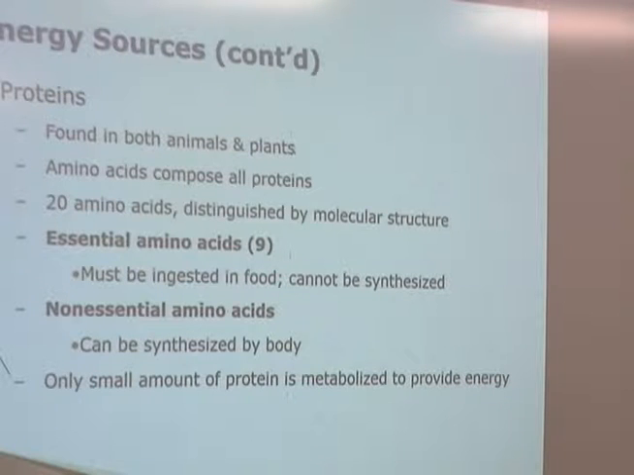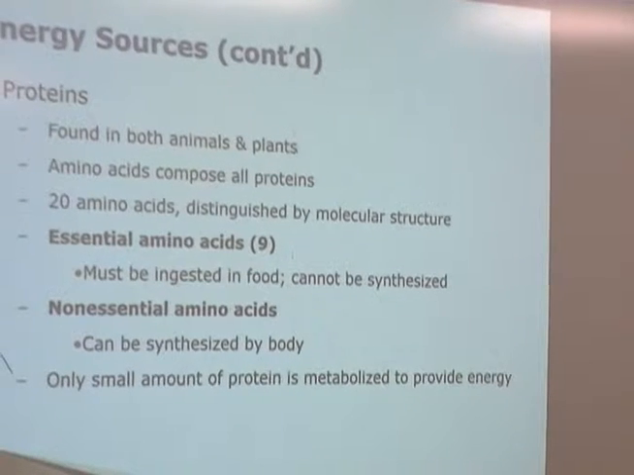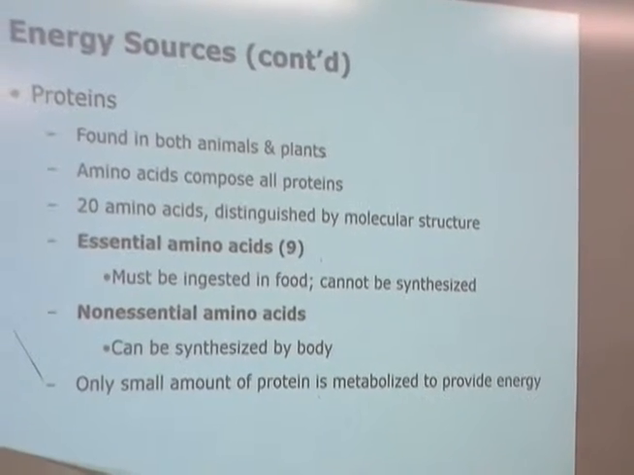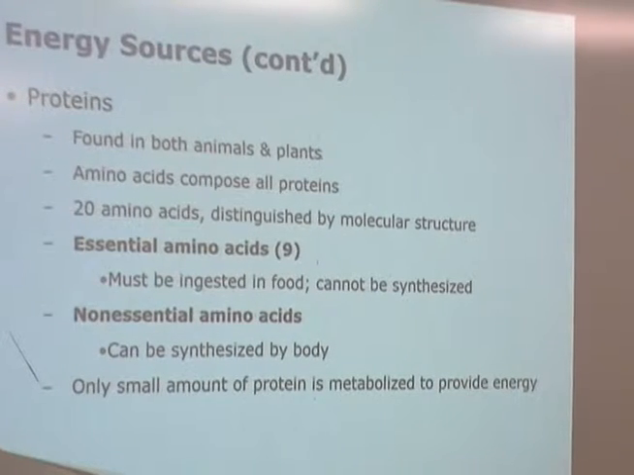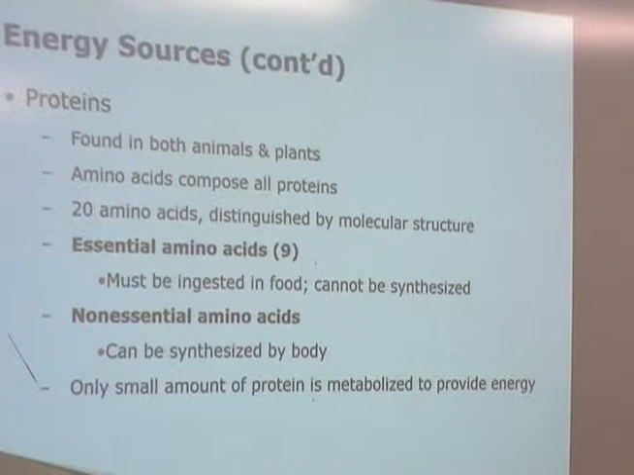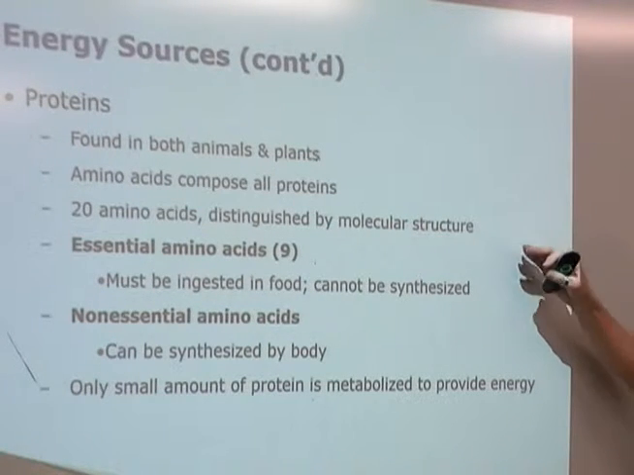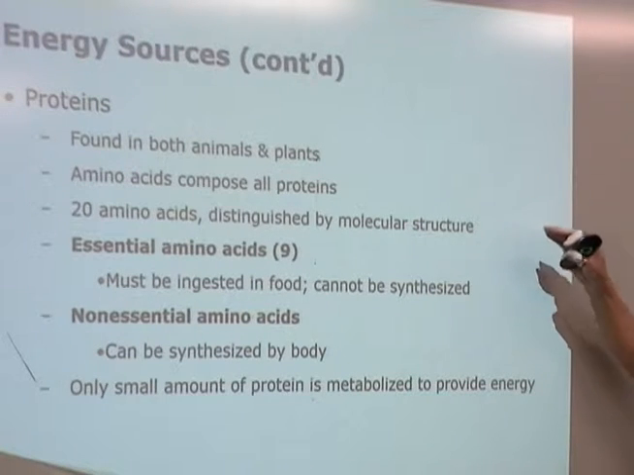So what about proteins? Right? Proteins can be used as an energy source. Proteins are typically not used as an energy source. So when you read, oh, you should eat this protein, you should take this protein shake, you should buy this protein bar because it will give you energy, that's a load of media twaddle,